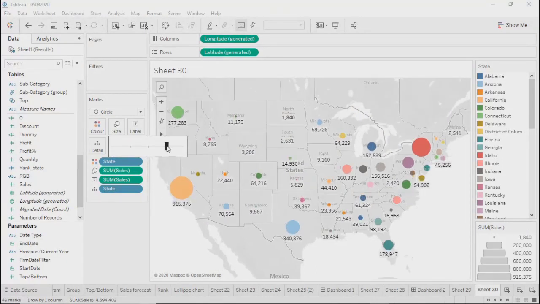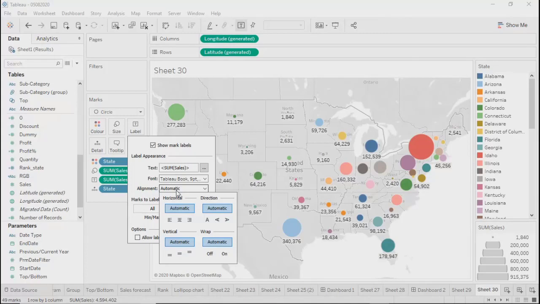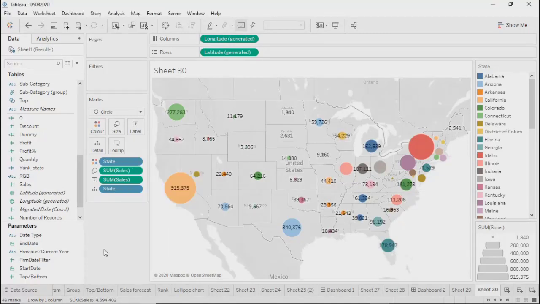So this is how you can at least show your map. As of now, we have taken only sales. Maybe you can take size by profit, put label on sales. So all those things are possible, right?